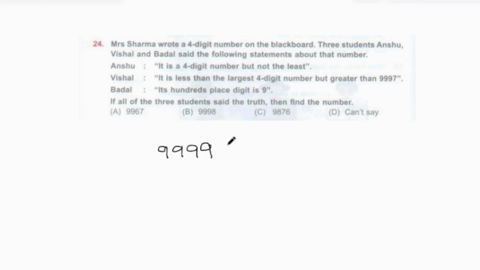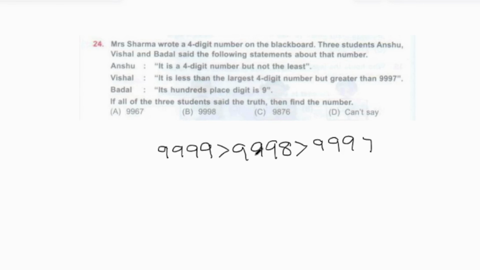And so this is less than this number and greater than 9,997, right? So the only number that falls between this is 9,998,